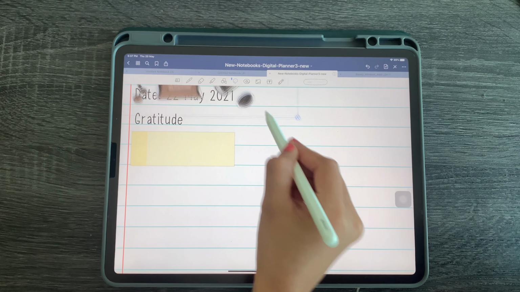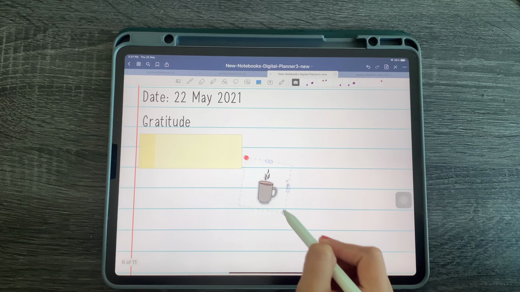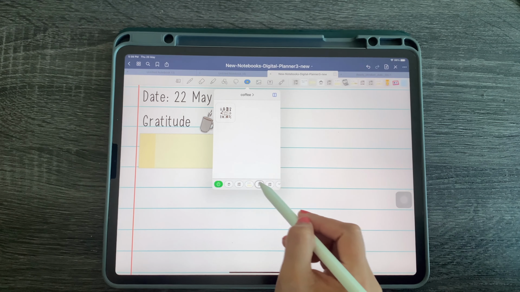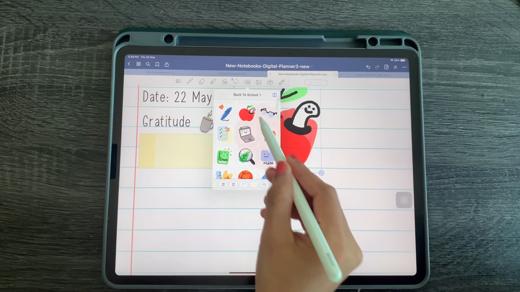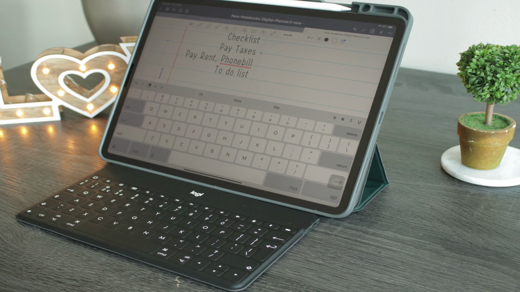This new feature is super amazing because when it comes to bullet journaling, it's now incredibly easy to save custom stickers to decorate your notes or add sticky notes with this update. You will have access to a few default collections such as sticky notes and shapes here. I am adding the digital stickers that I have created into a new collection, so that I can easily access them when I am planning with my digital planner.